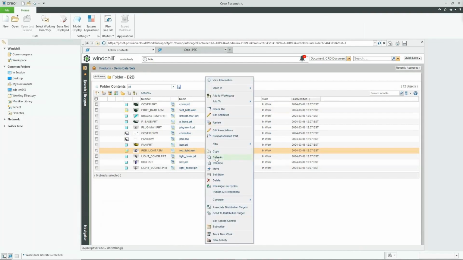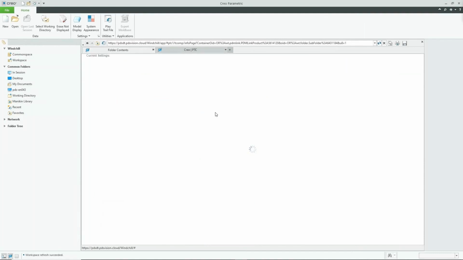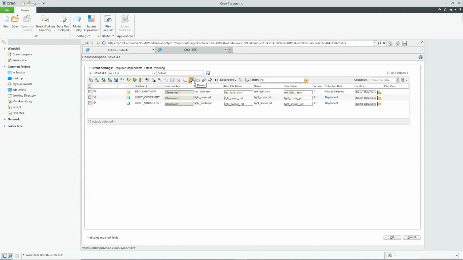So I'm going to go over here and there's a save as. Pretty simple. Now, as soon as I select save as, it of course goes through and collects the necessary files. By default, it adds an underscore after each one of those to make it a unique name. So even if I did nothing else and I hit OK, it will create these files,